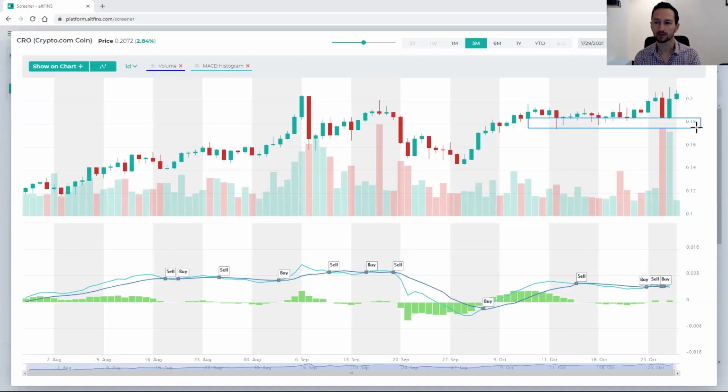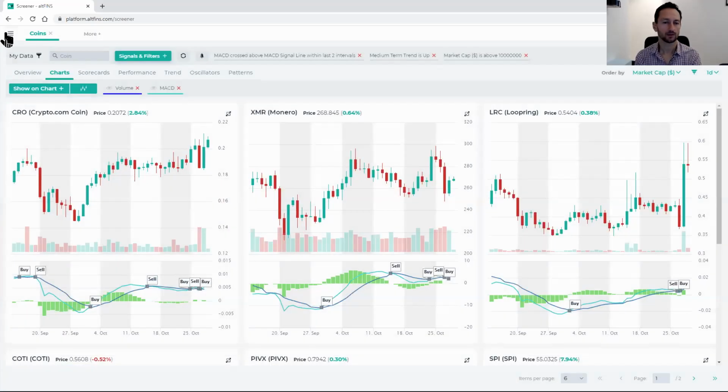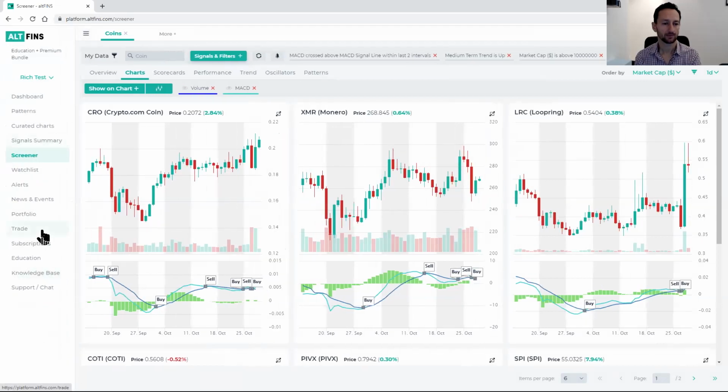I'm okay with that. I really like the fact that we're above that resistance level. Now it could turn out to be a false signal, or basically a false breakout, essentially. And I'm okay with that. I have my downside set, but I have a pretty decent upside. So I think this is a really good trade setup. So I'm going to go ahead and place a trade, go to the trade area,